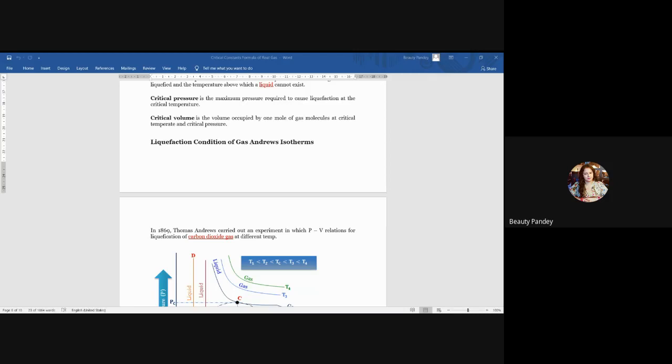I don't think you have any problem in radiation, as well as real gases, what we have studied till now. If you have any problems, you can tell me. We can have a discussion, but let's first finish, then we can have a discussion again. But now I think everything is very clear. Okay, let's meet tomorrow then.